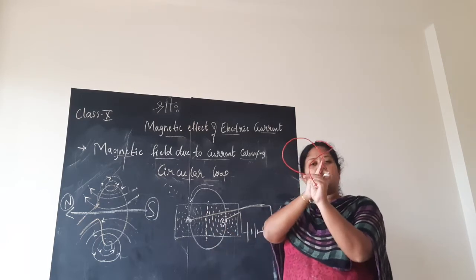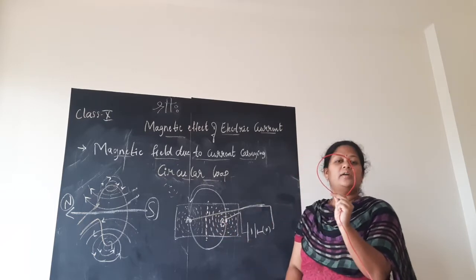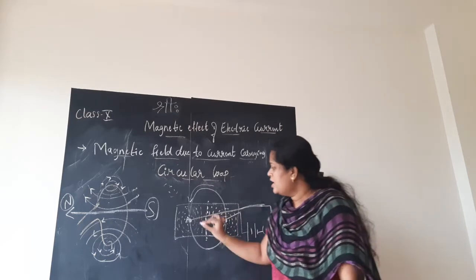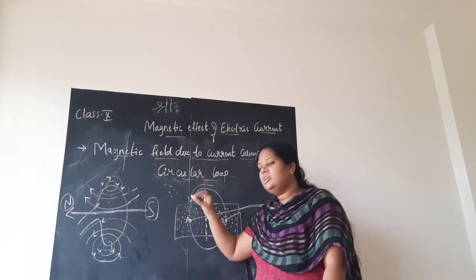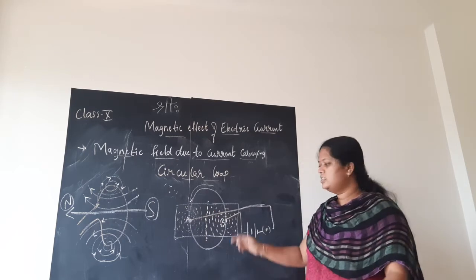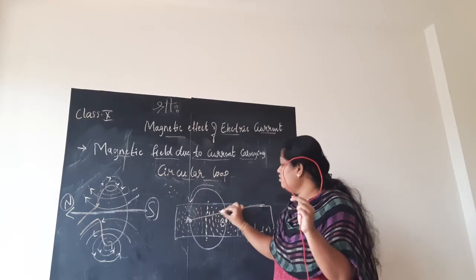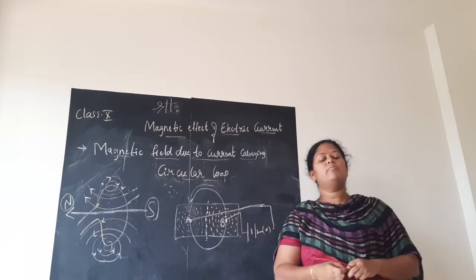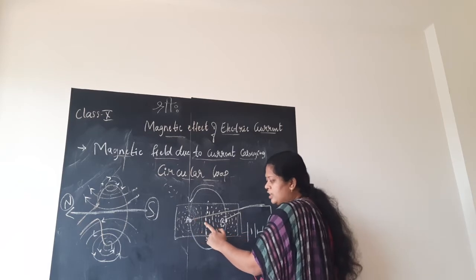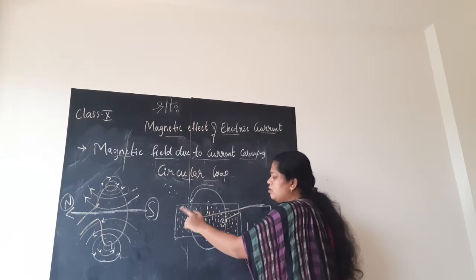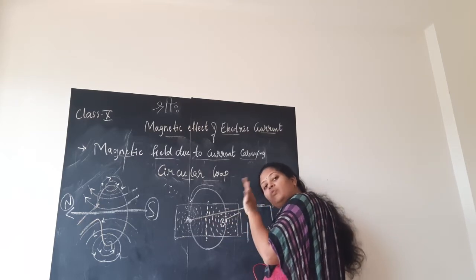So if you take the first wire's intersection point with the cardboard as A, and the second wire's intersection point with the cardboard as B, then near the point A the iron filings are arranging themselves in the form of concentric circles. Even at this part of the second loop, that is point B, the iron filings are arranging themselves in the form of concentric circles. But as you move away from the conductor, you can see the concentric circles are just becoming arcs now. There are no more complete circles.